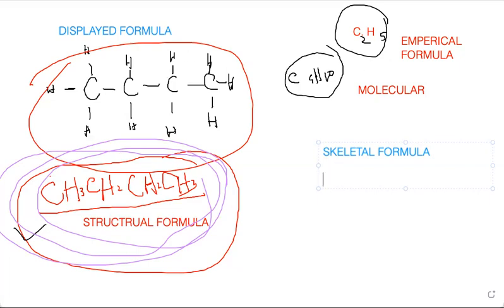Let me make this topic easier for you. In a skeletal formula, you have to show all the bonds. Bonds are just like the bones, and a skeleton is made up of bones. Like in the rib cage, there are multiple bones, so you have to show all of them. In the skeletal formula, you have to show all the bonds, single, double or triple, whatever is present in a chain, but you don't have to show any carbon and hydrogen. But you have to show a functional group.